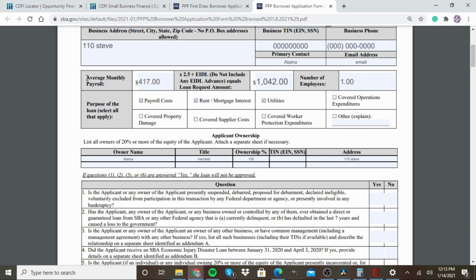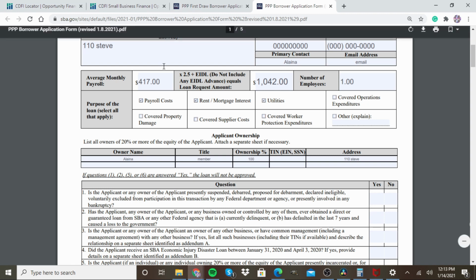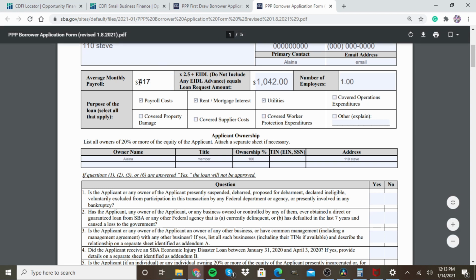And then we're going to do a little bit of math to find out what your number is. So for this one, Schedule C, line 31, I put 5,000. For that 5,000, you're going to divide that by 12. That shows you what the monthly amount is. Then you're going to put that in here, and that's where I got that number from. Then you're going to take that number and multiply it by 2.5, and that's how you'll get your